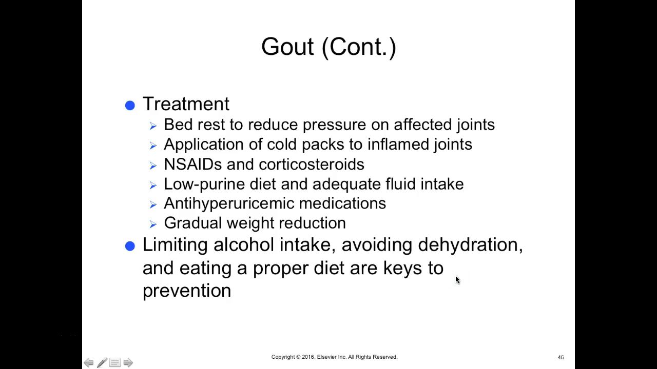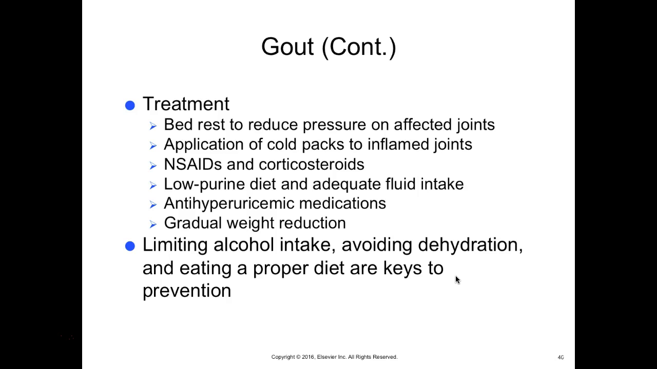So treatment, bed rest, reduce pressure on the affected joint, application of cold packs, NSAIDs, and corticosteroids, a low purine diet, and adequate fluid intake. So we don't want the person to get dehydrated. And then anti-hyperuricemic medications, so medications that are used to counteract the high uric acid levels, and then